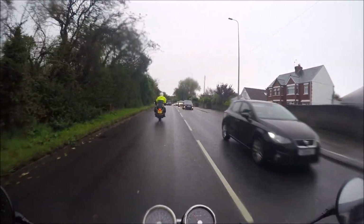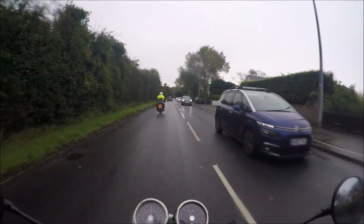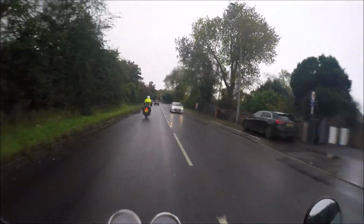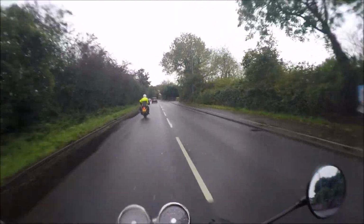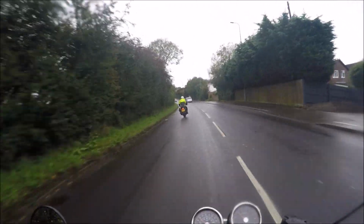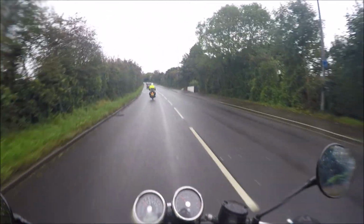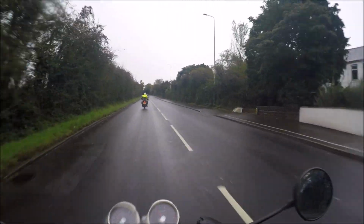Yeah, really nice bike, lovely and comfy. If you fancy a café racer, this is a nice machine to have. It hasn't got massive amounts of power. I think we're talking around the 50 brake horse mark or thereabouts. And to be honest, with today's roads and cameras everywhere, this will do everything you want it to do and